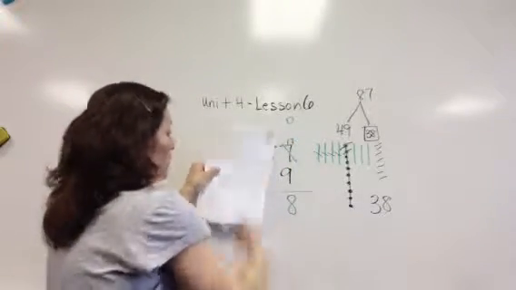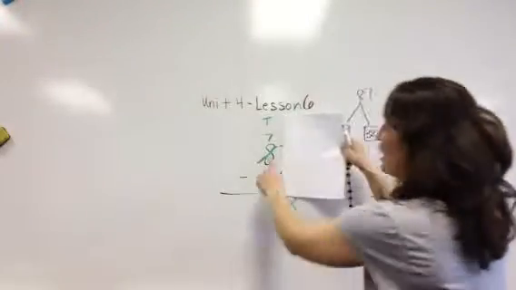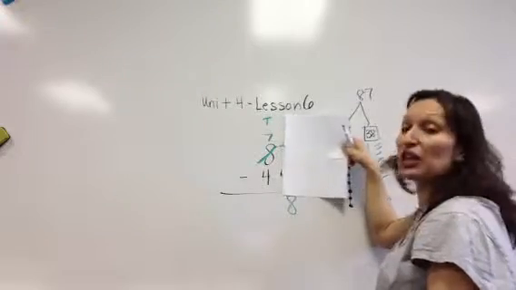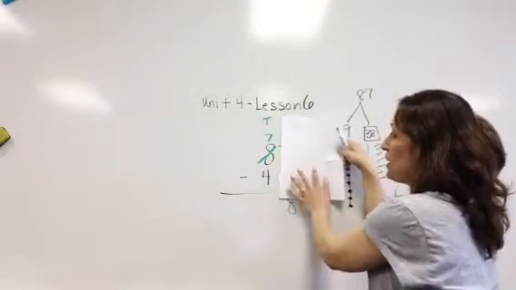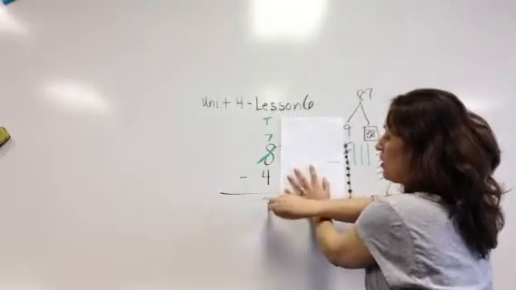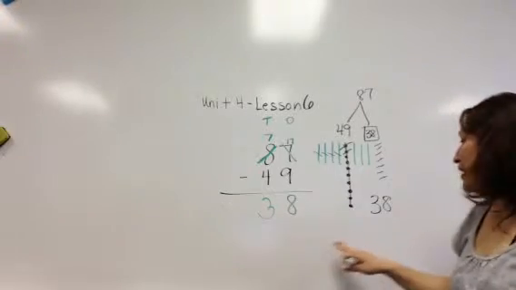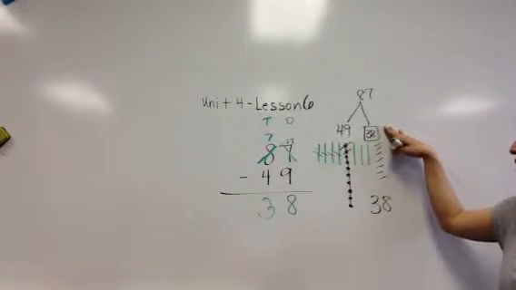Now I'm going over to the tens side. Now I've got 7 tens, take away 4 tens. That's pretty easy. I know that 4 goes with 3 to make 7, so the missing part is 3 tens, okay? There's my missing part, 38, matches my proof picture, matches my math mountain, okay? So we